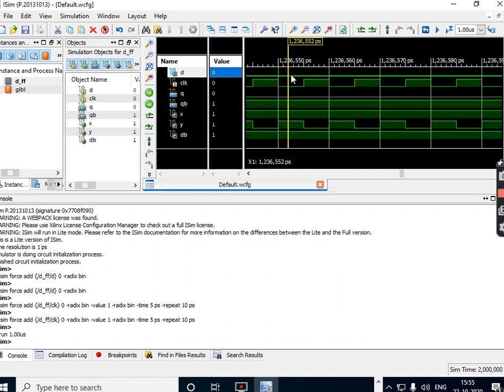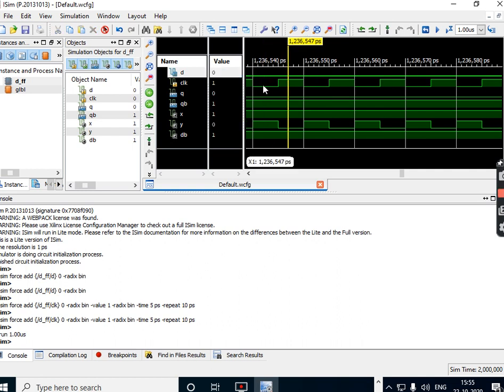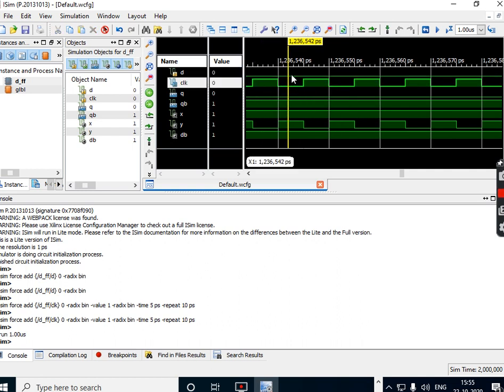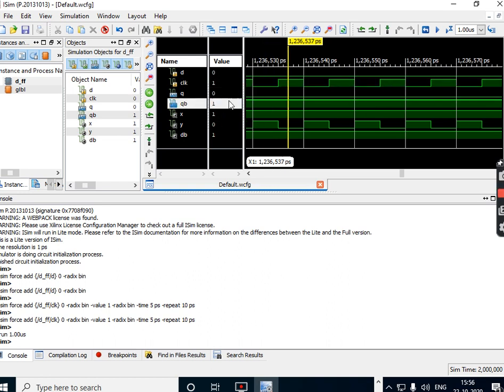What about the D status? D has to remain 0. So for any number of clocks, D has to remain 0. Now what is happening is very important for us to observe. So when D is 0, and when the clock is also 0, let us take this example. When D is 0 and clock is also 0, what should be the D flip flop output? It should remain in the previous state. So what is the previous state here? 0, 1. So Q is 0, Q bar is 1. This is the overall state, the 0 and 1 state.